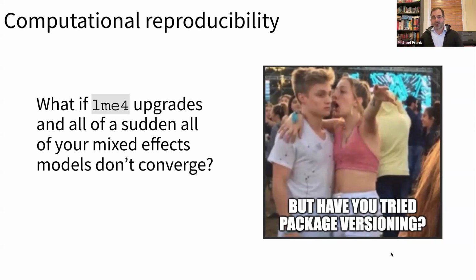Eventually, after a lot of debugging and discussion, we realized the data were the same, the code was the same. The only thing that was different was the version of lme4. There had been an upgrade to lme4, and some models didn't work that used to work, some models that didn't work now worked. The numbers were all different and so forth. We had run into a problem of package versioning. That's the technical term. So we needed to store not just the code, but also the particular versions of the packages that we were using so that our collaborators could see the same thing.